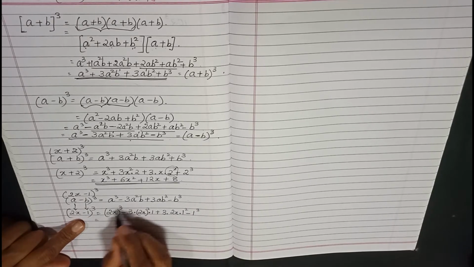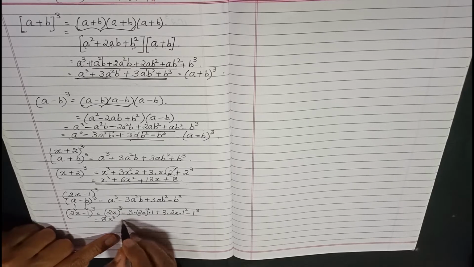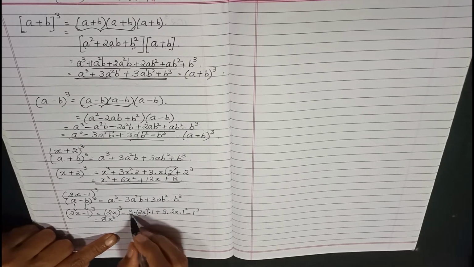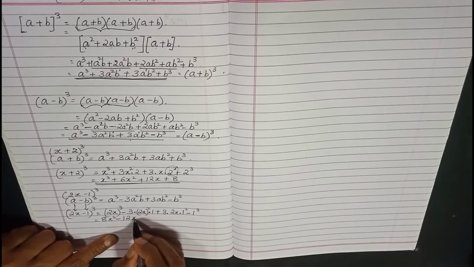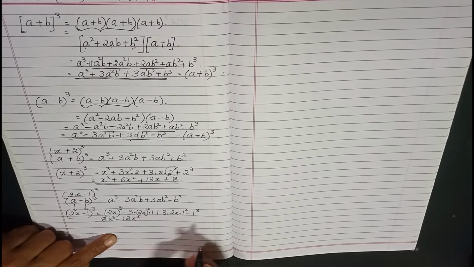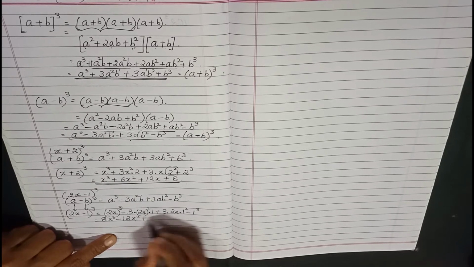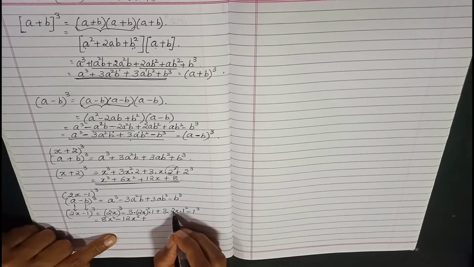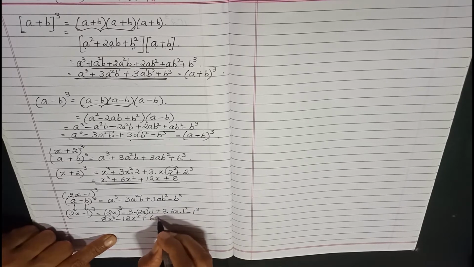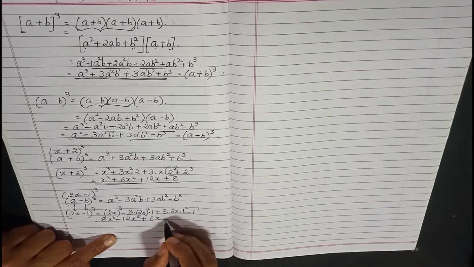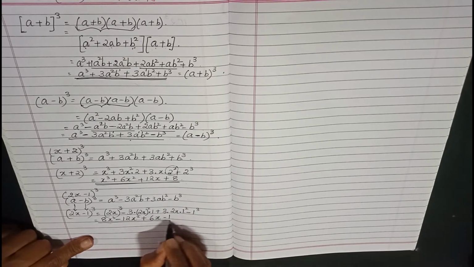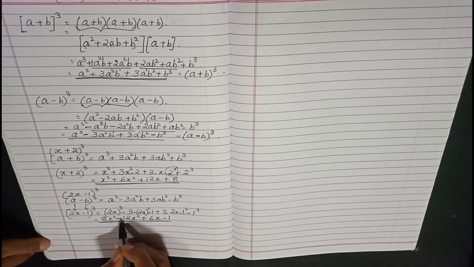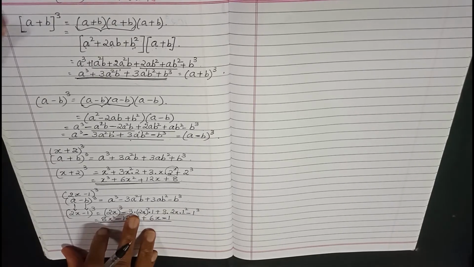Let's open it up. 2 cube is 8, x cube, 2x cube. Now similarly, as I have told you, first we should square and then multiply. So 2 square is 4, 4 3s are 12, and this square is for x also, so 12x square plus 1 square is 1. So 3 into 2 is 6, 6 into 1 is again 6x, and 1 cube is 1. So this is how the expansion of (a minus b) the whole cube will look. You can see alternate terms are negative.